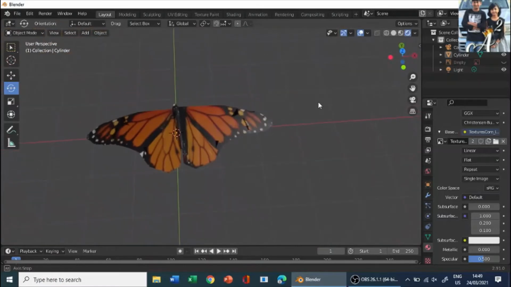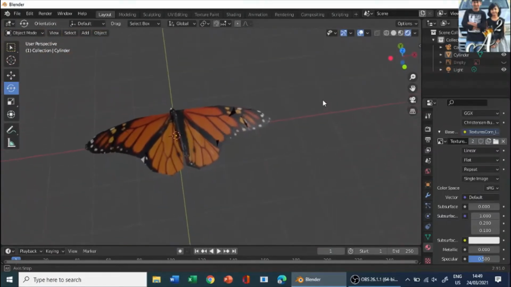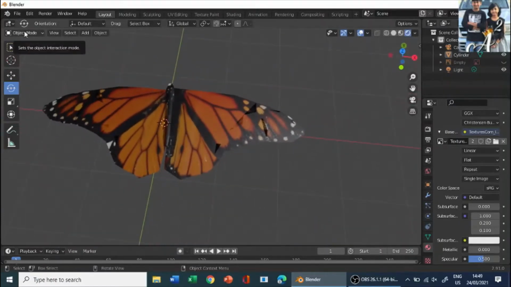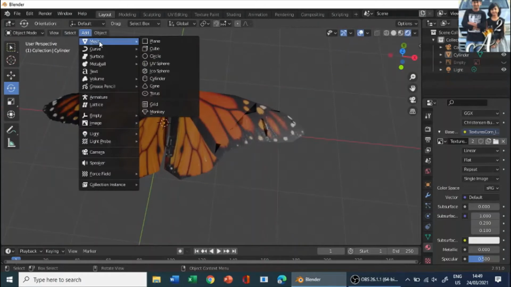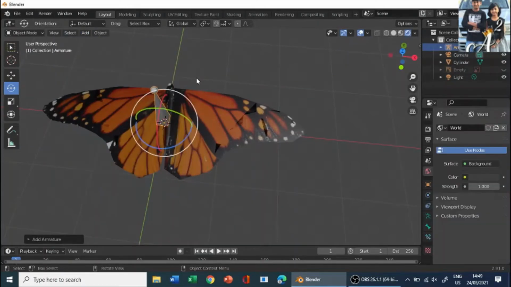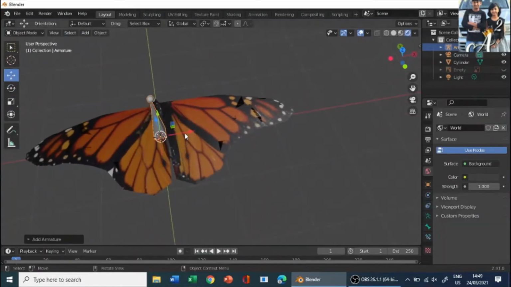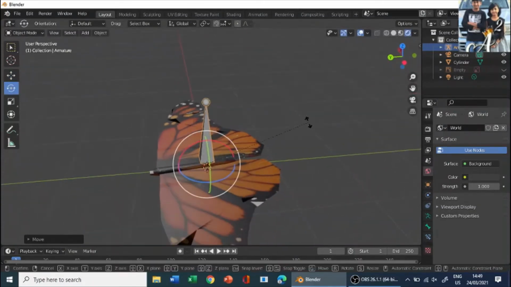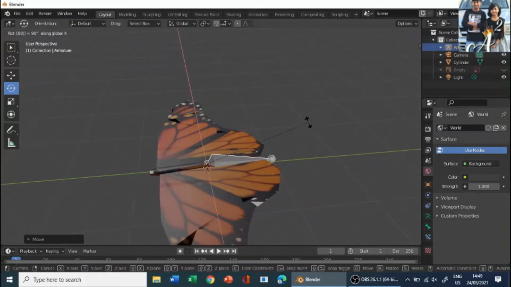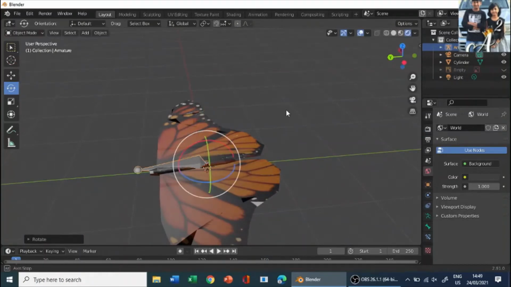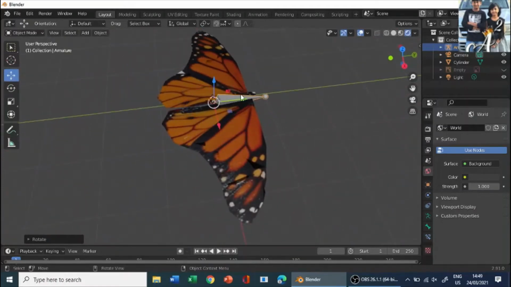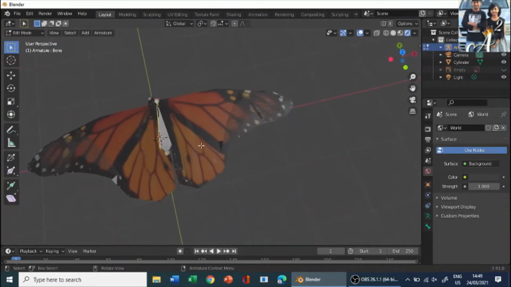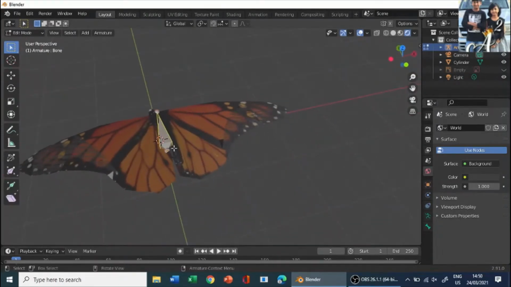And now we need to add an armature so that we can control our butterfly. So to control it, go to Add and add an armature. Make sure you're on the center point of it, so let's move it over there, and R on the X axis, plus 90 degrees minus, so that it goes to the top, and just drag it down over here. Now press Tab to go to edit mode and select all. So it's all selected.